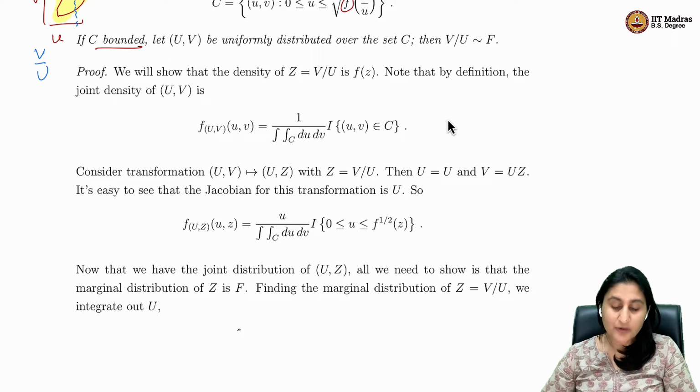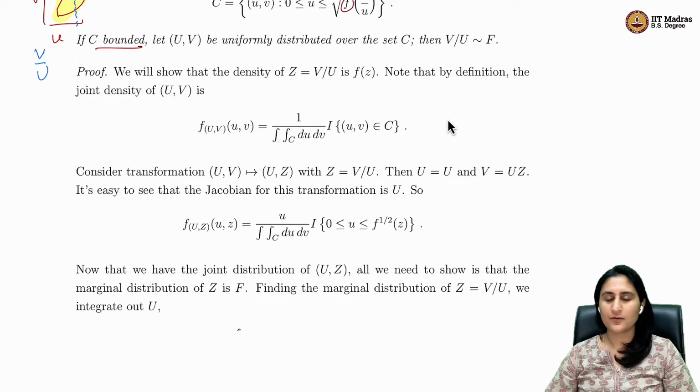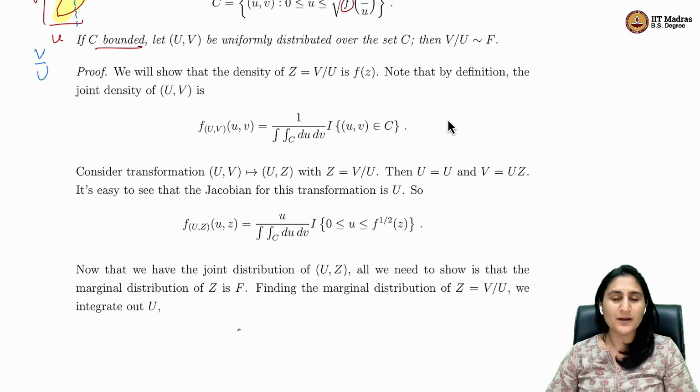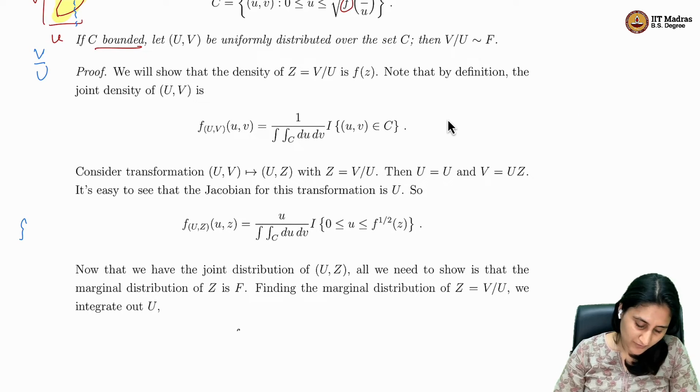So then, according to this mapping, I am just setting u to be equal to u. So that part is simple. And I'm setting z to be equal to v by u, which means I get v to be equal to uz. Alright. Now, in order to find the final density of f of u comma z, I need to know, so this I basically get f of u comma z of small uz is nothing but the Jacobian again times